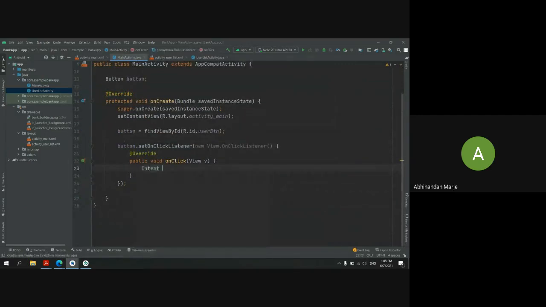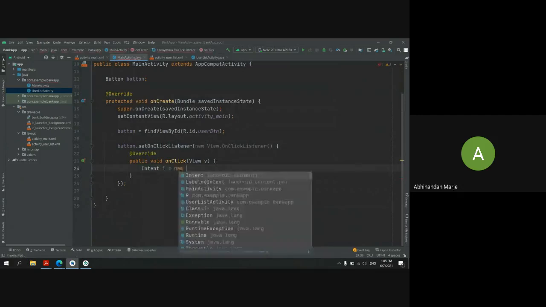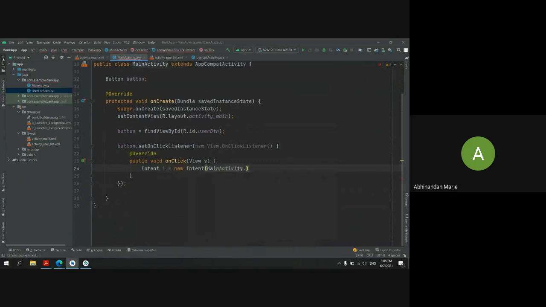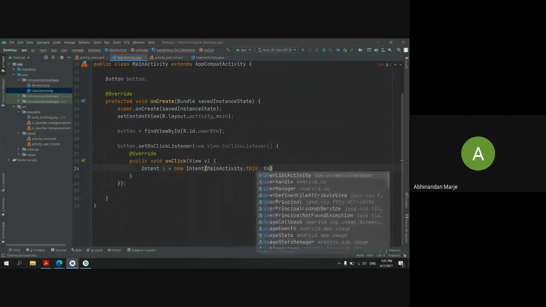I will start the intent from main activity to my user list activity.